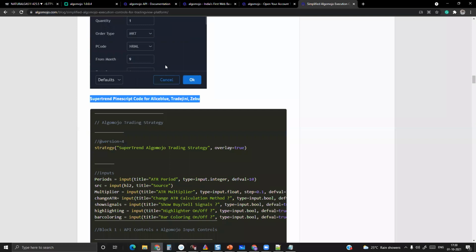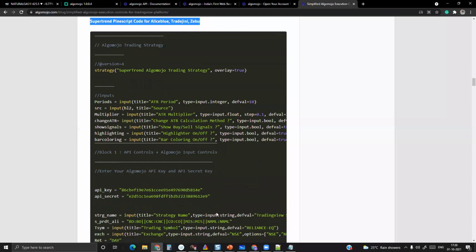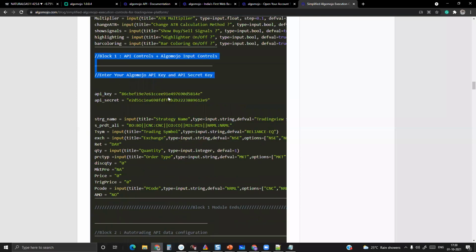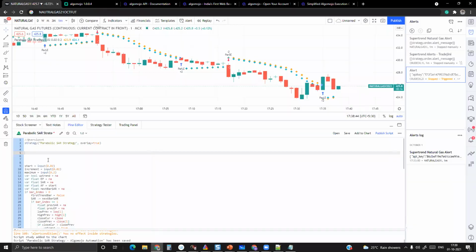Copy the block 1, up to here. I'll copy the block 1 code and paste it in the code over here, at the top, or after your input controls. So block 1, what it does, I'll tell you.